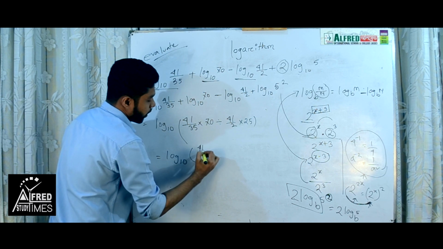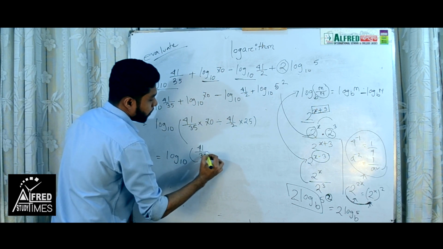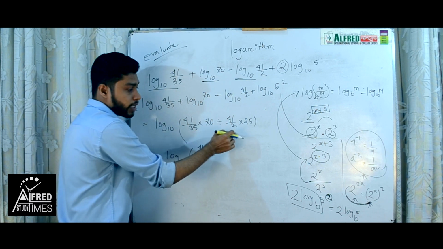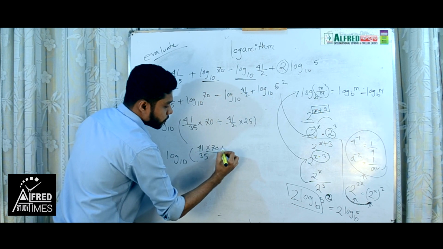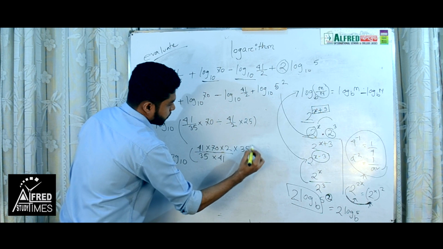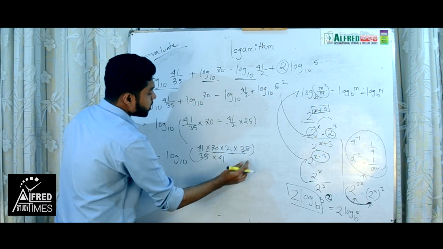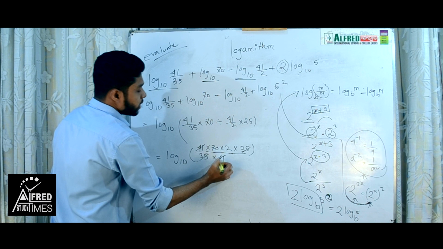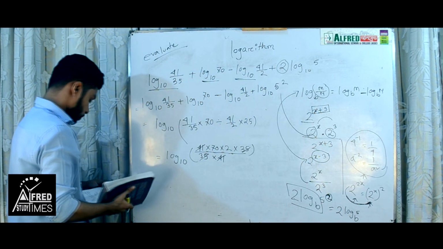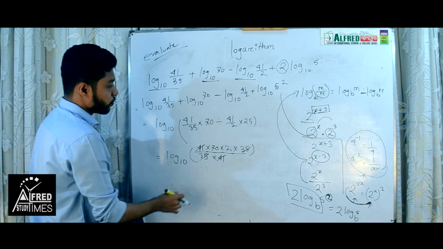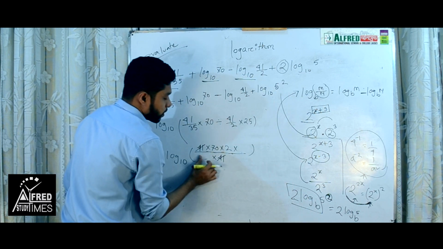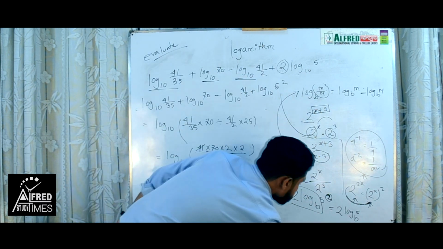So here is 35 into 70 divided. If we take multiply, it will change. It will be 2, and here is 14 into 35. So both 35 vanish. This one vanishes. You can write it. So sorry, there is 20. There is a mistake. There is 25, and there is 25.